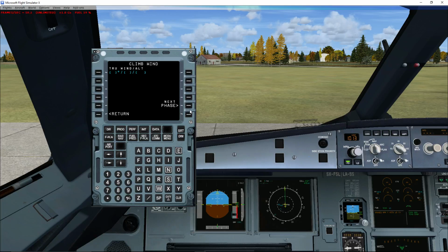So what we're going to do is put a climb wind of 180, and we'll just see if it works. I haven't actually tried this before. 180 at 20, and we'll put that at, what do we say, flight level 100. We'll see if it accepts it. Yes, it's supposed to do that, so that's happy, that's working. We're glad about that. We're also going to do 270 at, let me see, 30,